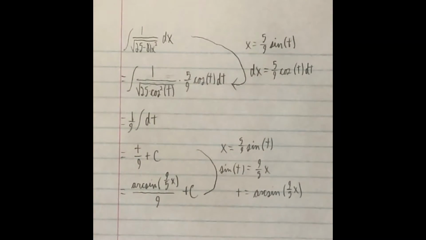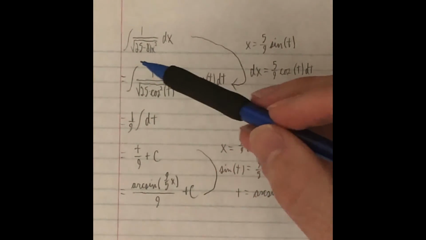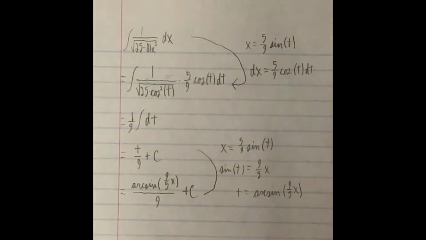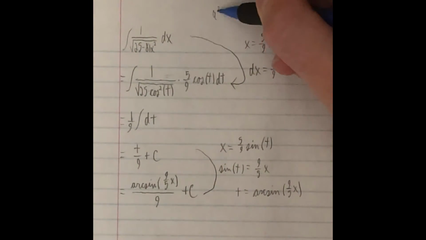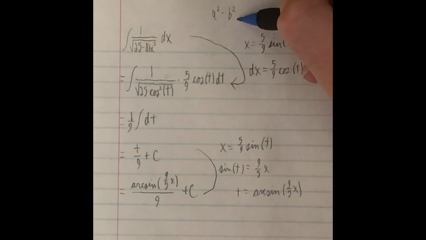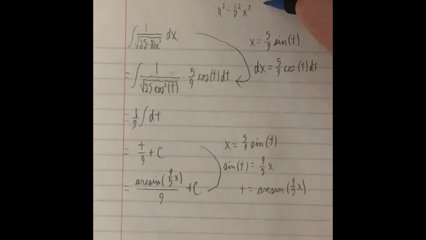This next integral is a simple trig substitution. So we have this original expression, 1 over square root of 25 minus 81x squared. So we can immediately identify that it is of the form a squared minus b squared x squared. And here a squared is 25, b squared is 81, and obviously we have x squared. So